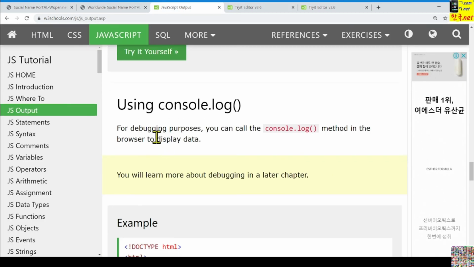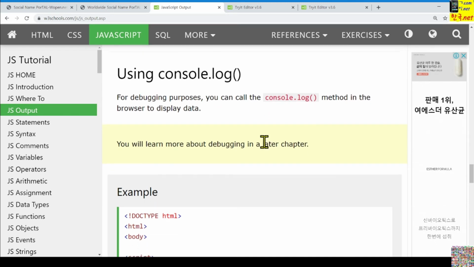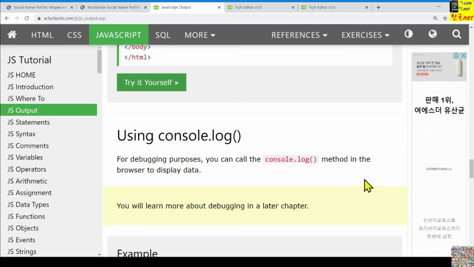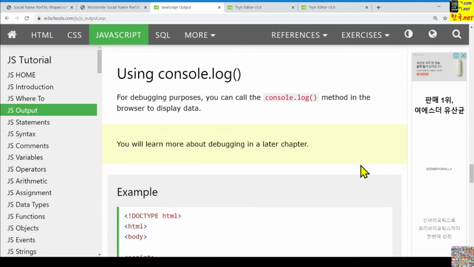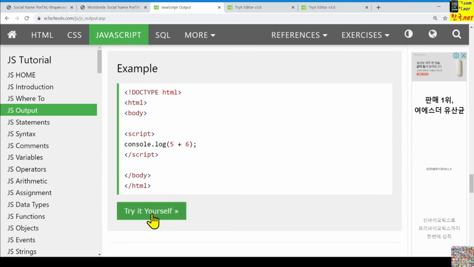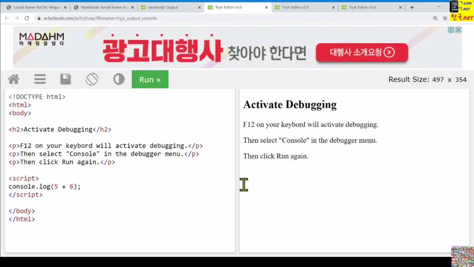Console.log. For debugging purposes we can use it, and later we'll use this one a lot. We can call the console.log method in the browser to display data. Here, this one is not shown.